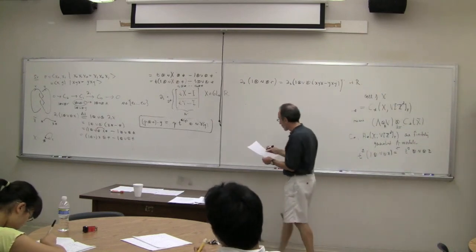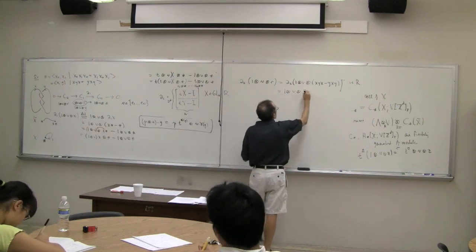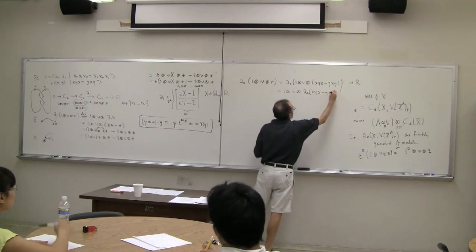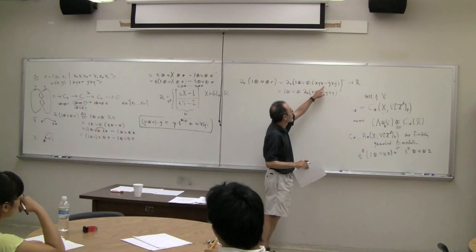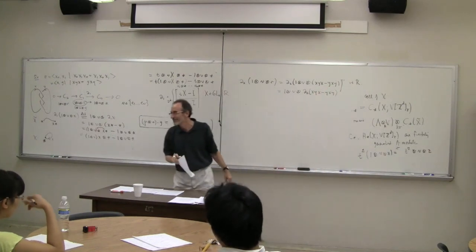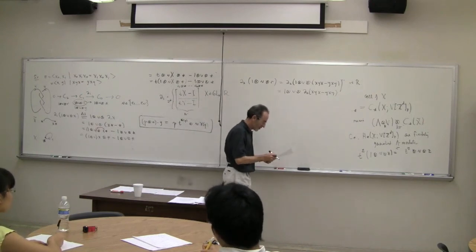And now we have to work through this thing. So this is 1 tensor B tensor del 2 x1 x1. Like I said, if you don't like this, use xy inverse x inverse y inverse, and you'd get the same thing. So we have to work a little harder. Okay, so this is